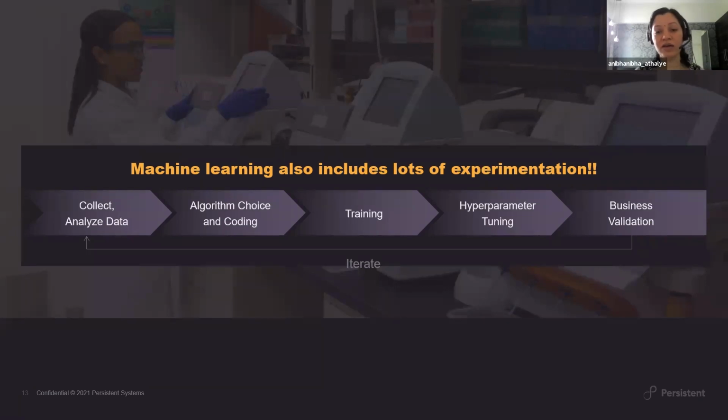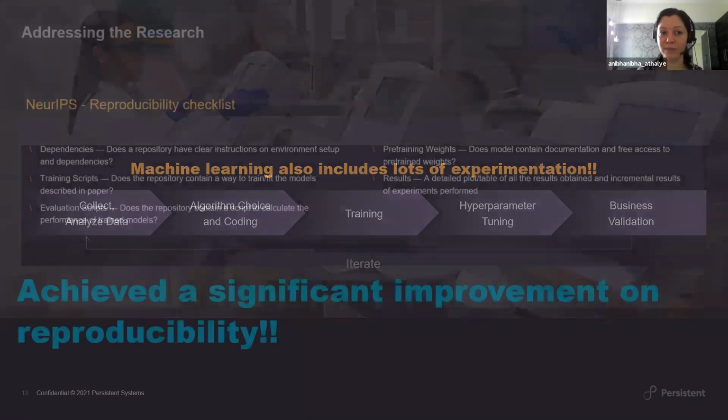So my talk today really focuses on how this is being done, what tooling is available for capturing and tracking a lot of this experimentation that is happening, and how that tracking and analysis actually helps us further take the machine learning models into deployment when we are trying to deploy them across various environments.